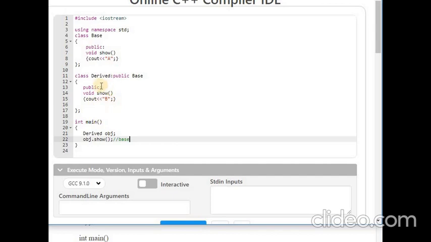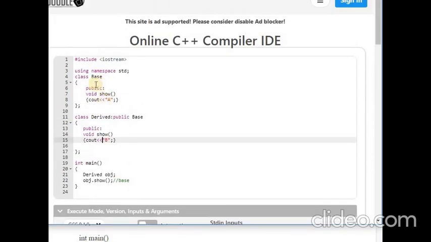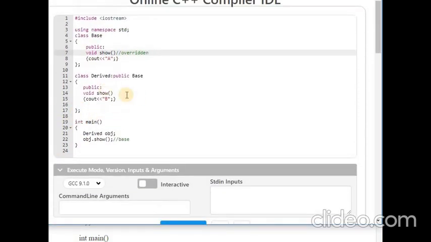So here we have the function definition show inside the derived class also. That's why any number of times you execute this, the method is overriding the show function which is in the base class. So this is the overriding method, and this is the function which is getting overridden, just for your knowledge. Every time you execute this, it will execute the derived class method, so the derived class method is overriding the base class function.